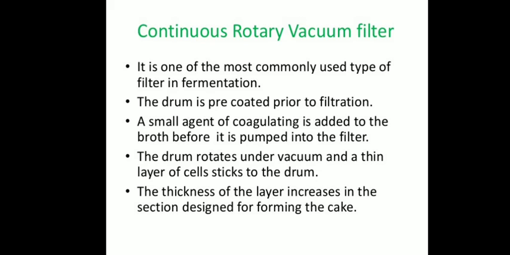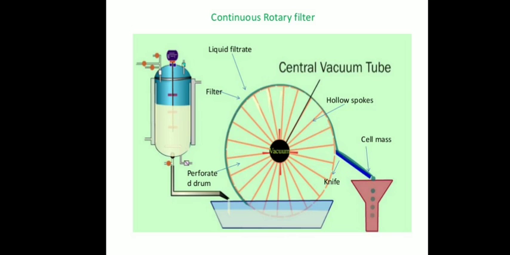The drum is pre-coated prior to filtering. A small amount of coagulating agent is added to the broth before it is pumped into the filter. The drum rotates under the vacuum and a thin layer of cells sticks to the drum. The thickness of the layer increases in the section designed for forming the cake. Now, here we can see